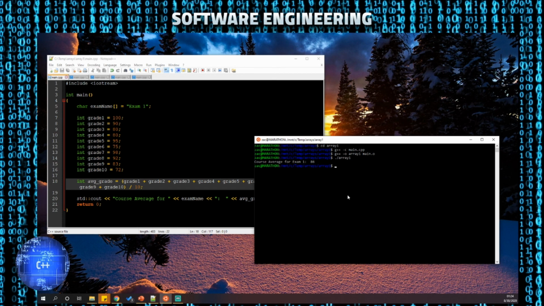notice it goes ahead and prints out the course average. And you can calculate this to verify it if you want. It is going to just truncate the decimal place, so it's not going to be precise here, as I mentioned. Now,